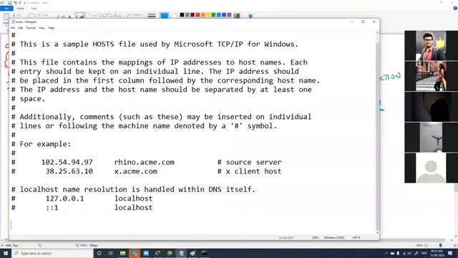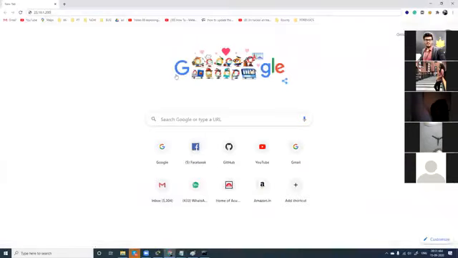And in case, again, if you're able to access facebook.com, what you have to do is clear your browser cache and then try it again. You will not be able to access it. Yes. So this is with DNS. How is DNS used, and what is the purpose of DNS?